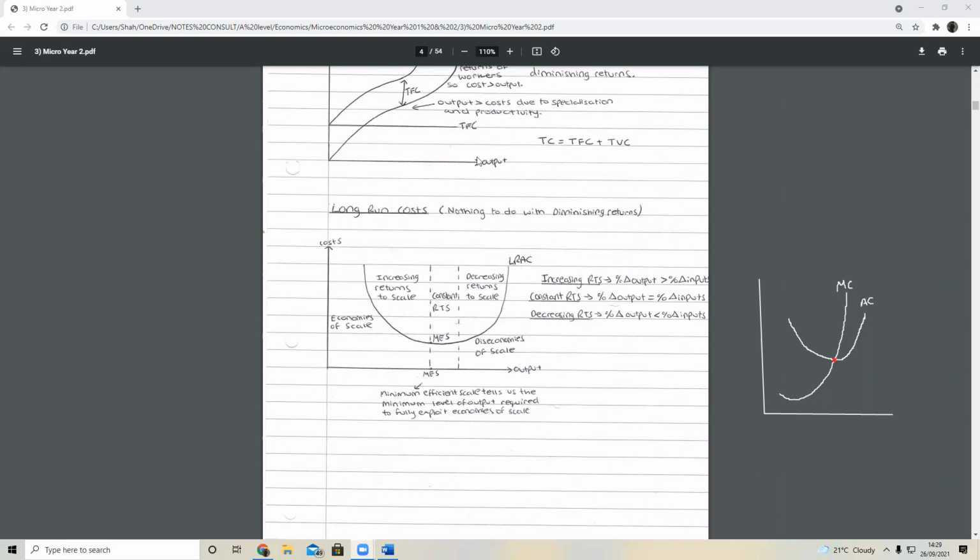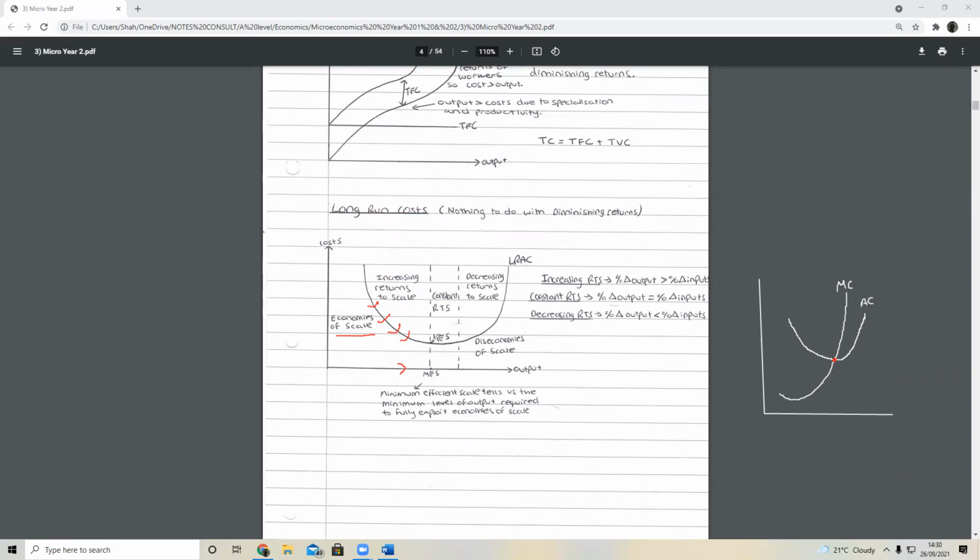So in the long run, if we produce more output, then our costs start to decrease. This is something called economies of scale. As we produce more and more, our costs are being spread out over that output, so technically we're lowering our long run average costs. We keep producing more and more, going along this curve, going down and down, pushing down our costs. Our output is increasing.